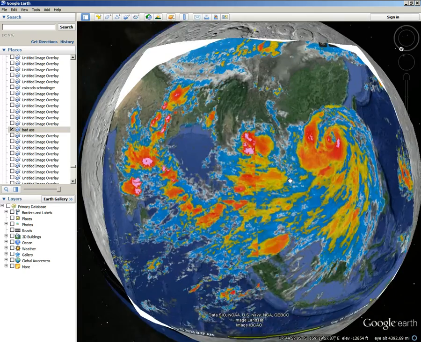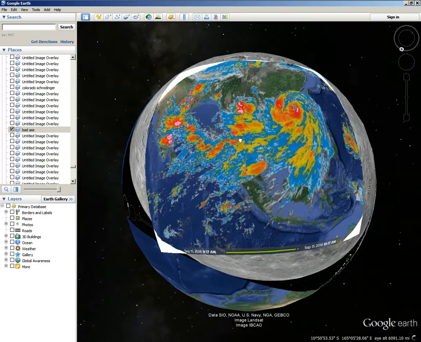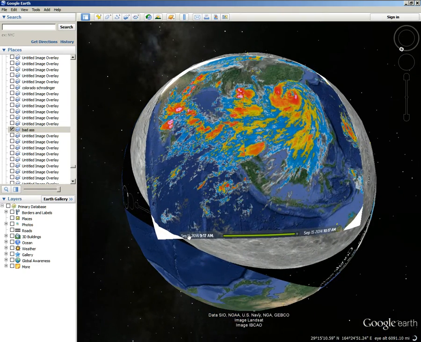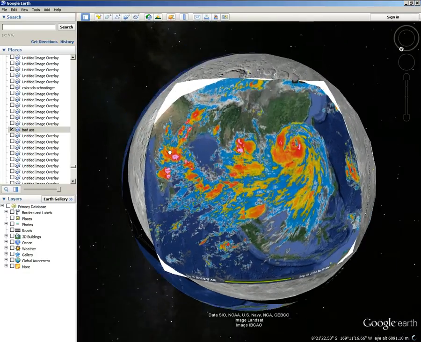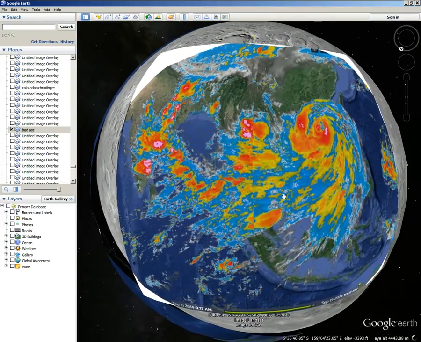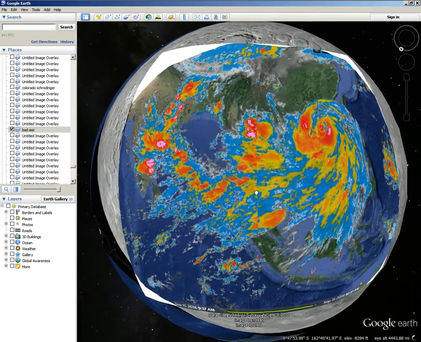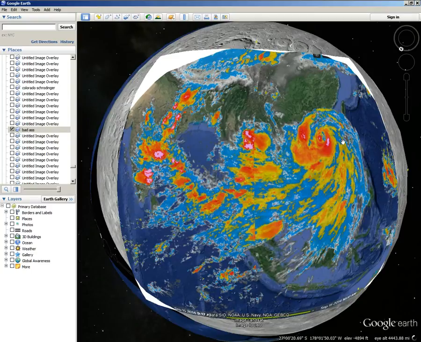Okay, this is a picture of the weather. Oh, I don't know, what day was it? It was September 15th, 2014, and this was in China. Here's India right here. Okay, Indonesia right here, right down here. Okay, see this pattern? This is a pattern that matches perfectly the lunar South Pole.